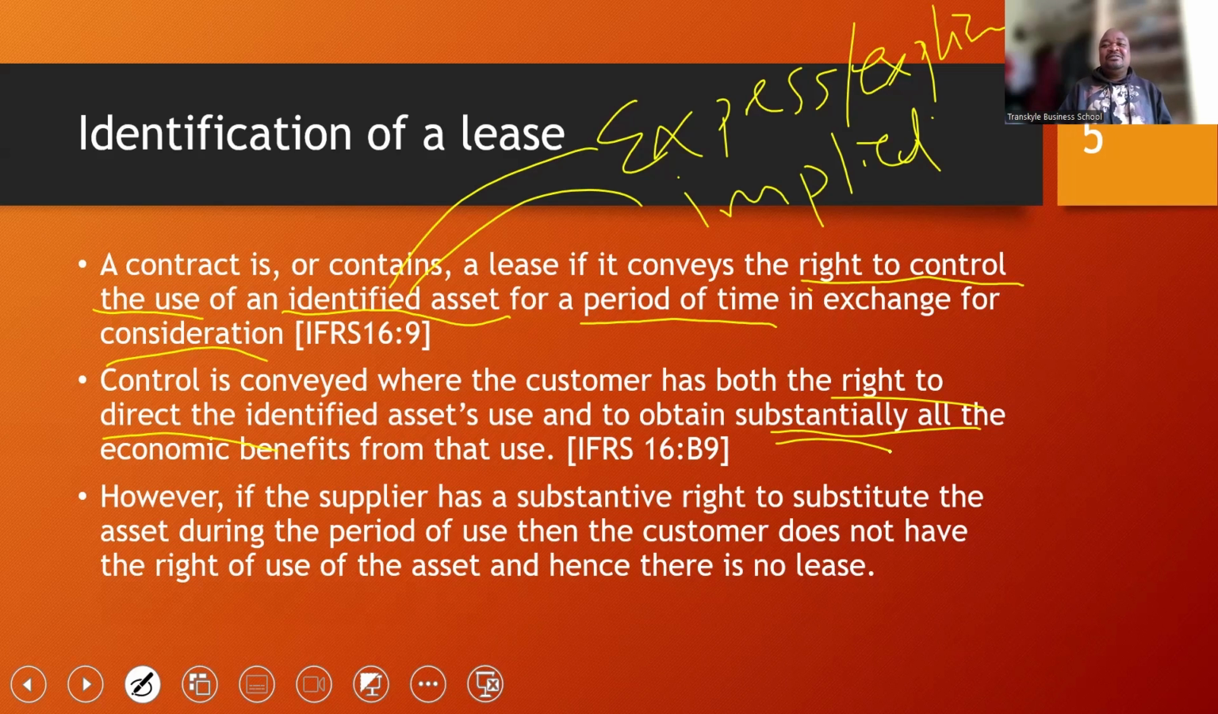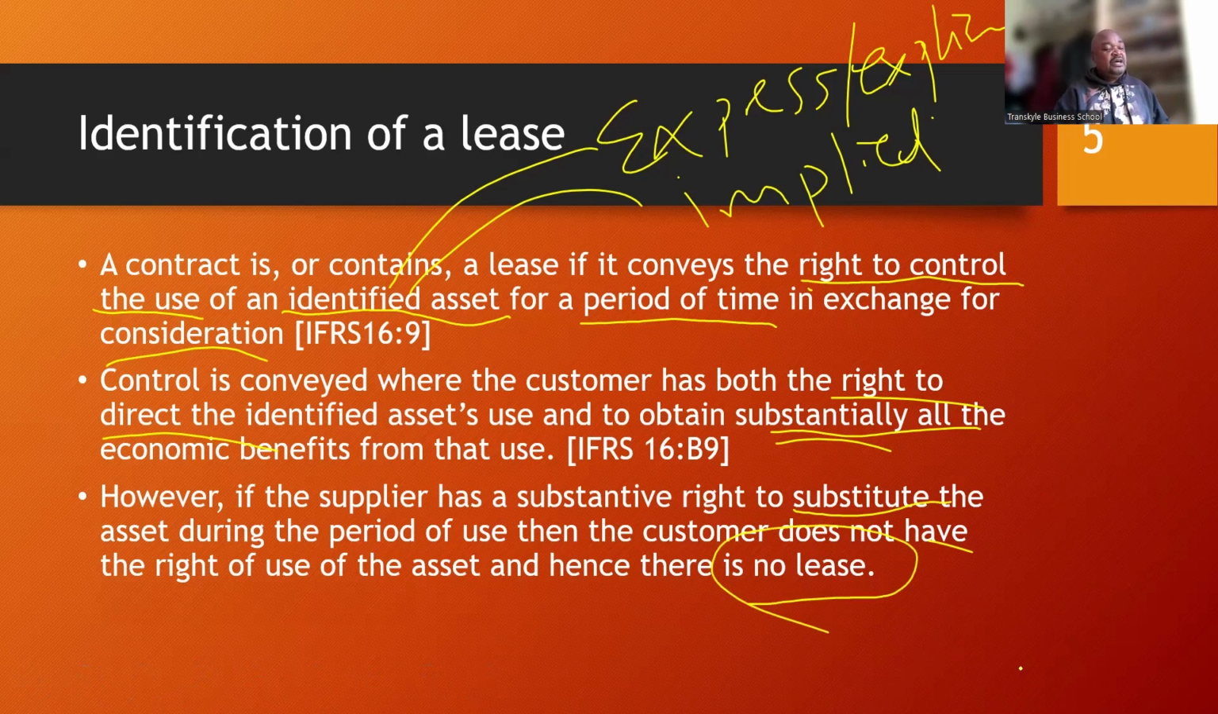Right. Now we are not thinking SBR. However, if the supplier, that is the lessor, the owner, has a substantive right to substitute the asset during the period of use, then the customer does not have the right of use of the asset, and hence there is no lease. So if the landlord can actually tell you, hey man, I want to put